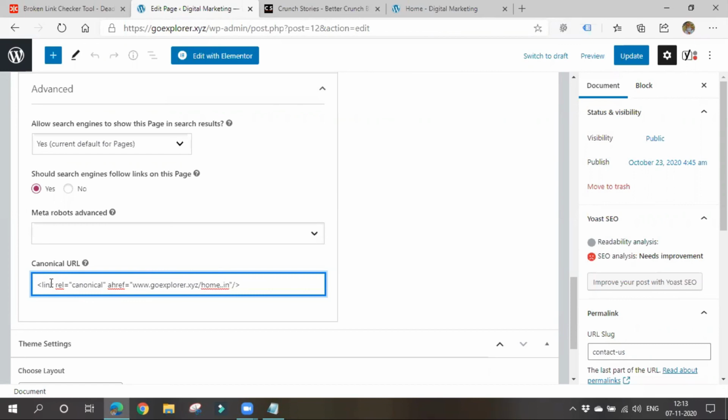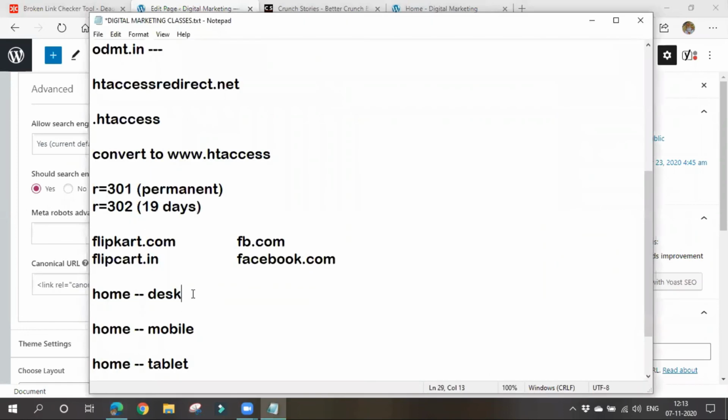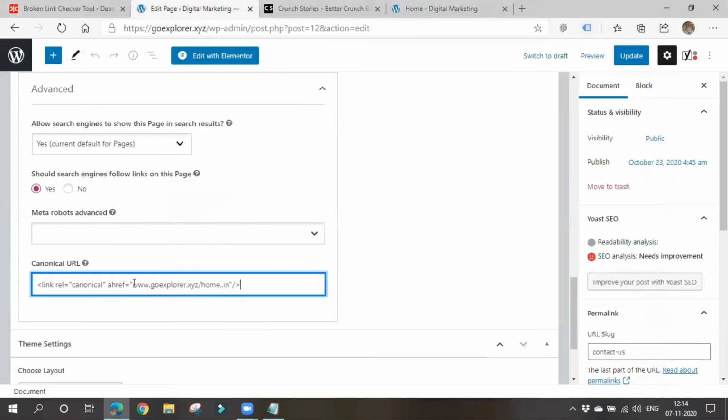Okay, you have to give that URL. Which URL do you have to give? You have to go to the page. You might have created three pages, right? If this is the original page, go to these duplicate pages and give this canonical URL. Here you have to mention the original page URL.